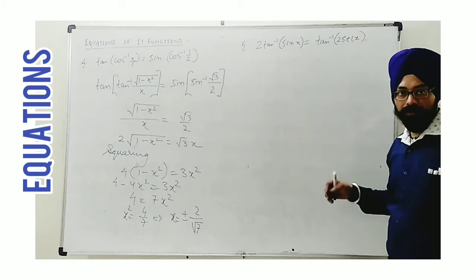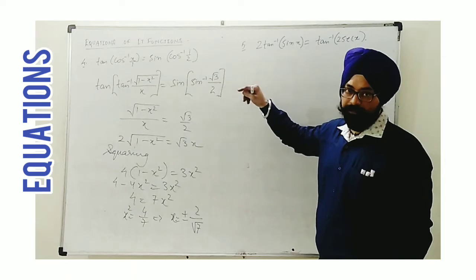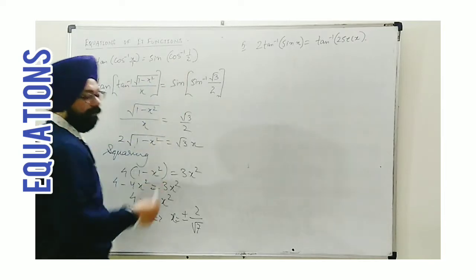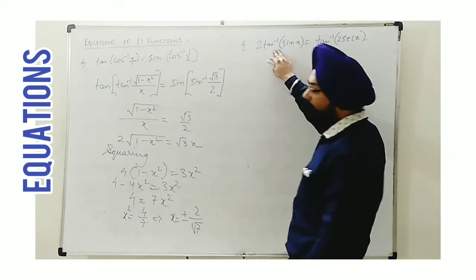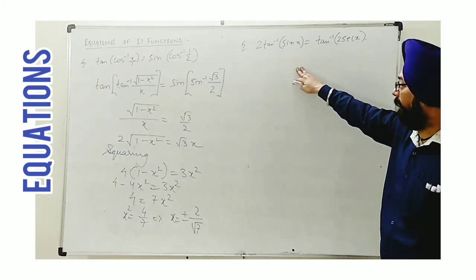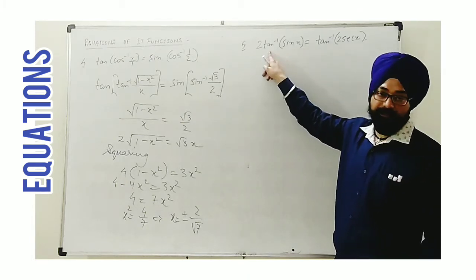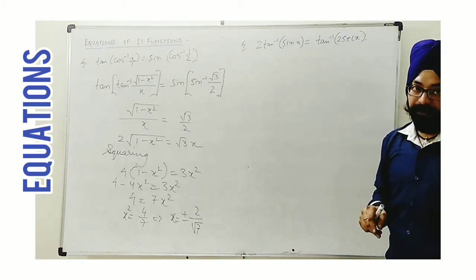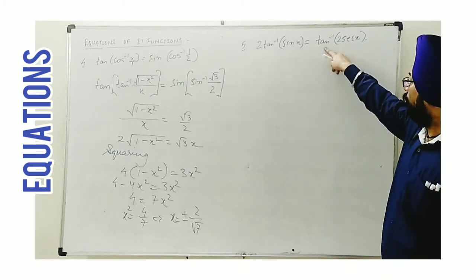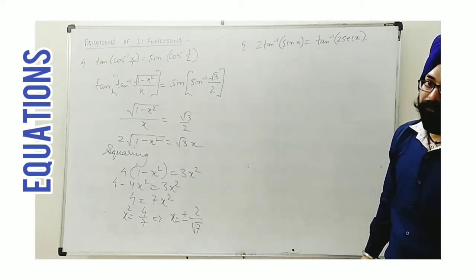In this question, why have I chosen? Let me tell you. It is similar to previous one, but there law of cancellation was possible. Here in this case you can see law of cancellation is not possible. It's not very much convenient for students to apply, as we are given tan inverse and this we are given sine. Means outside we are given inverse function, inside we are given normal trigonometric function. Also, right hand side you see it is tan inverse and twice of sec x. So as 2 is available, that's why the law of cancellation is not directly possible. That's what we have to do.